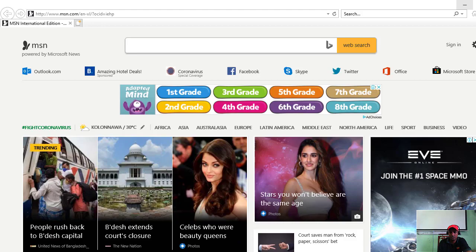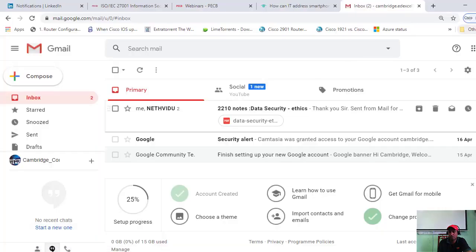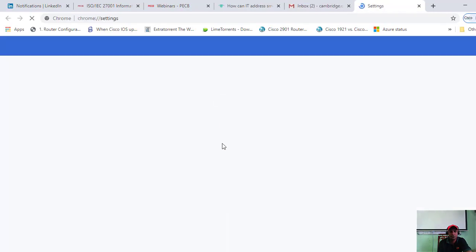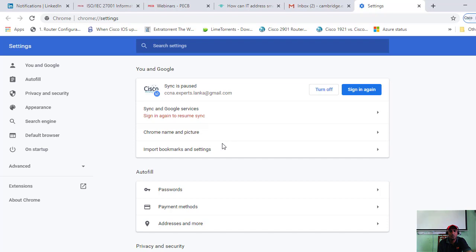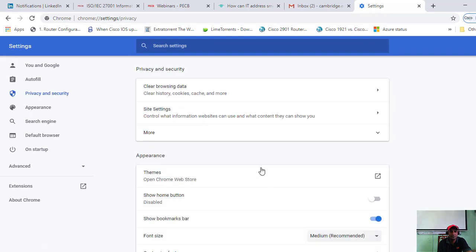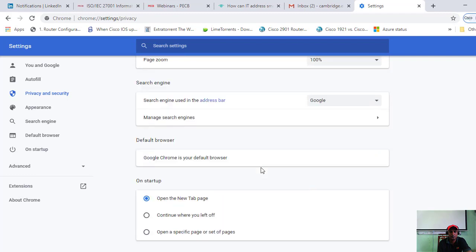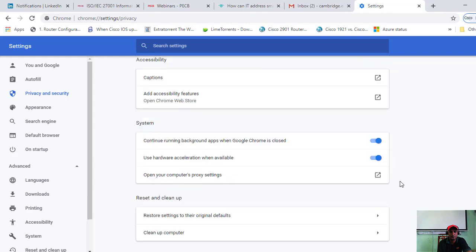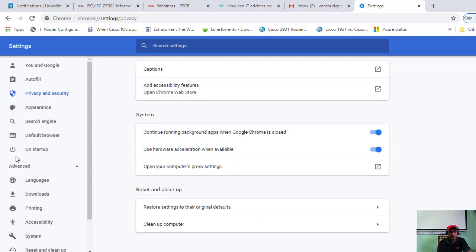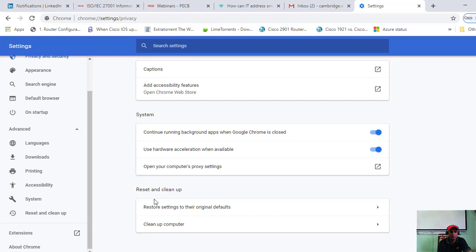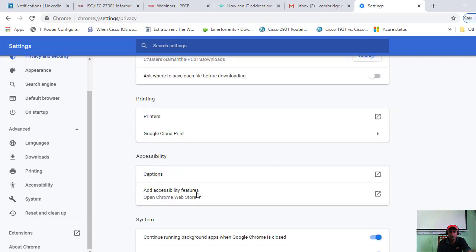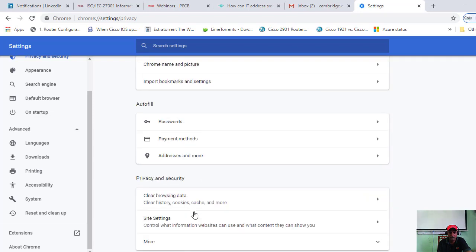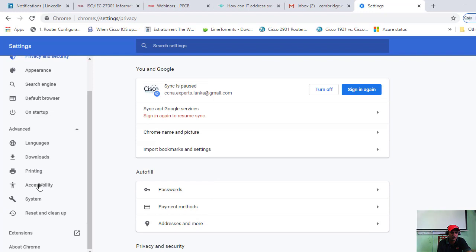So let's check Google Chrome, proxy should be there. Settings, privacy and security, advanced. So there should be somewhere you can apply the proxy setting here also, right?